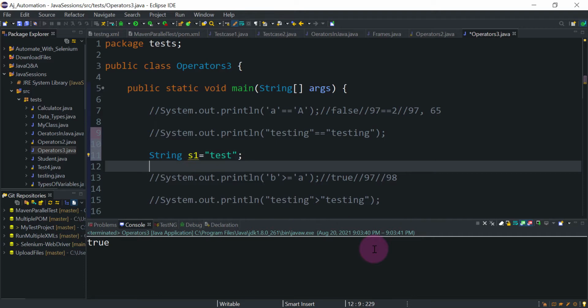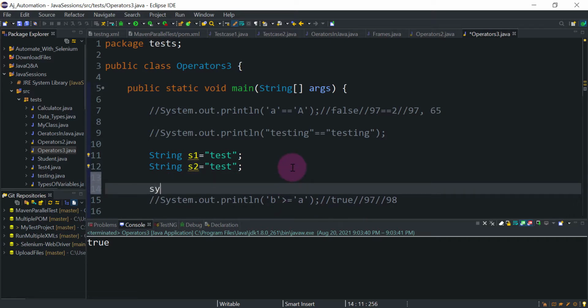So I have this object, and then string s2 equal to this test. Okay, so if we try to compare these two values now, s1 if it is equal to s2. So as I said, equal to operator will be used to check the reference. Okay, it will compare the reference for the object.